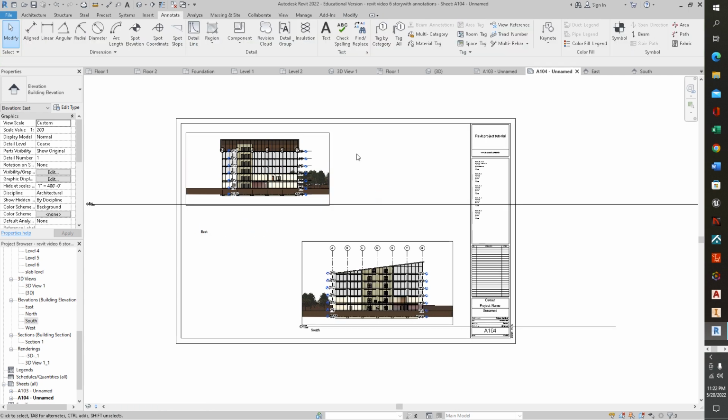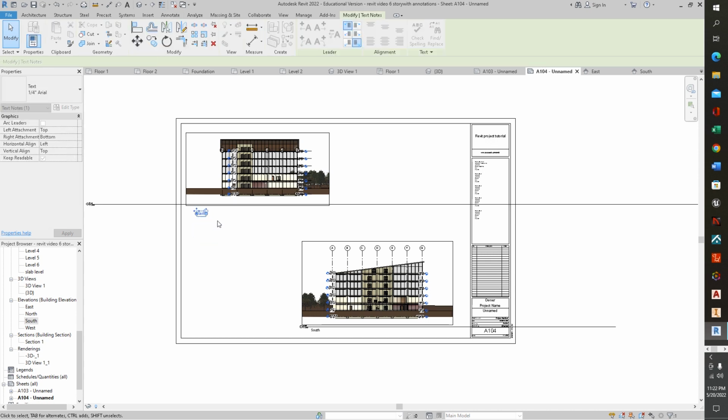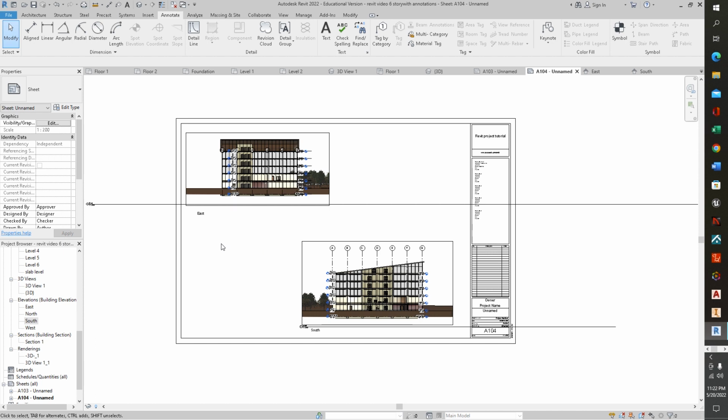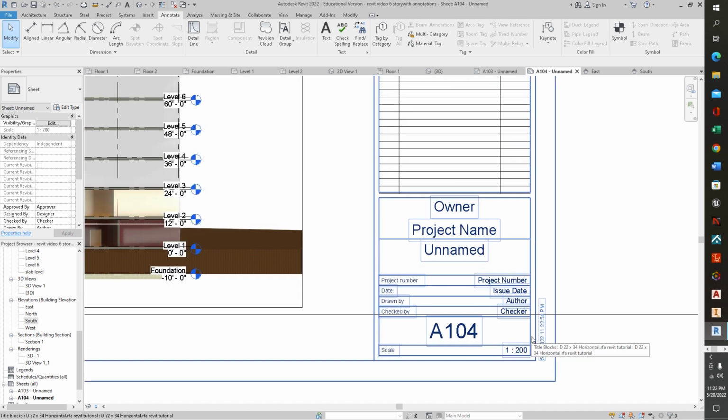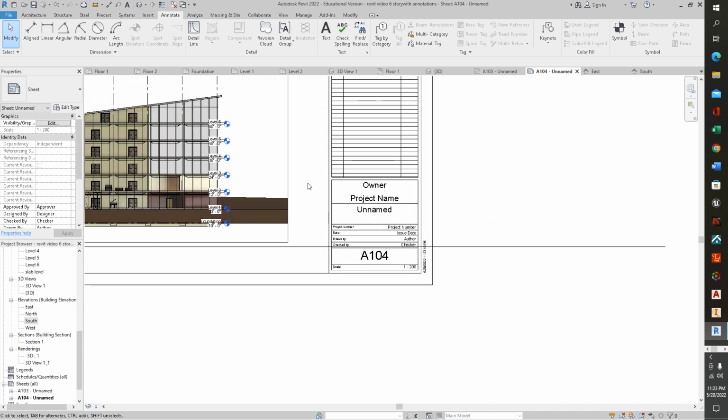Anyway, so that's where that's at. We want to move this up and make that a little closer to there too. So now we have one that's east and one that's south in there. And if we look in here, as I said, our scale is at 1 to 200, and there we have it. That's kind of how we get that bit going. Easy business, really. There's lots of other views you could have in there. Certainly,